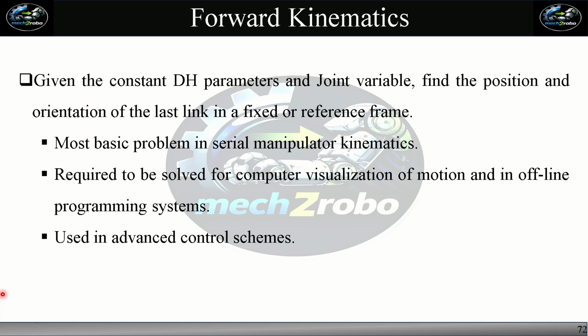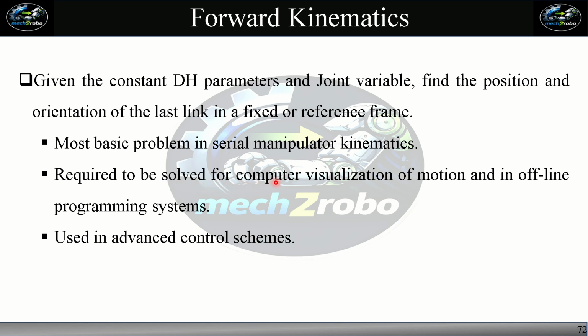Forward kinematics. In forward kinematics, we have constant DH parameters and joint variables, and our main task is to find the position and orientation of the last link in a fixed or reference frame, or we can say with respect to the base. It is the most basic problem in serial manipulator kinematics, and it is required to be solved for